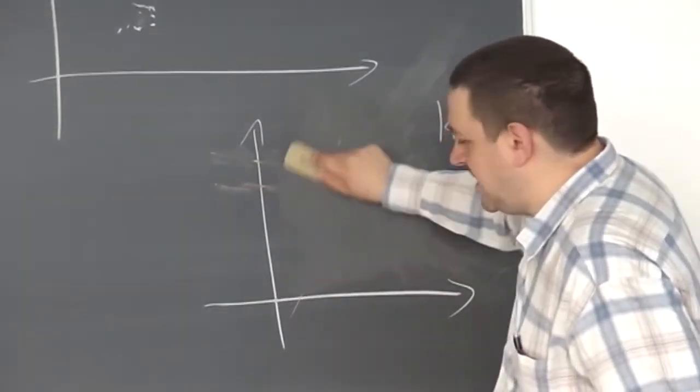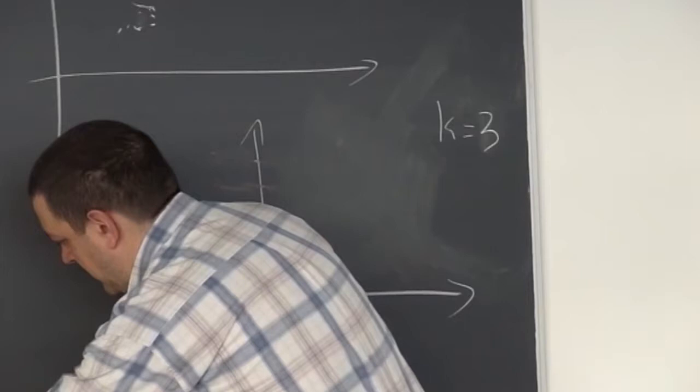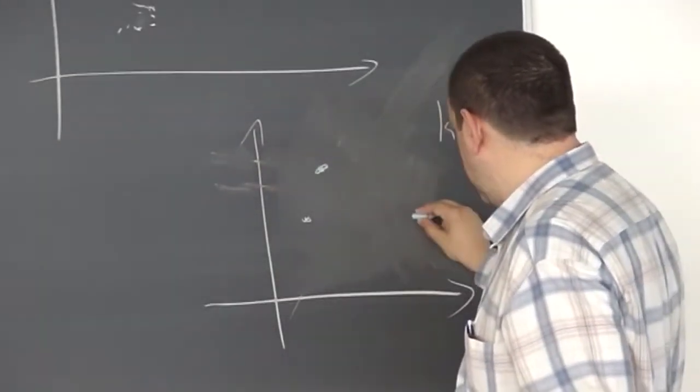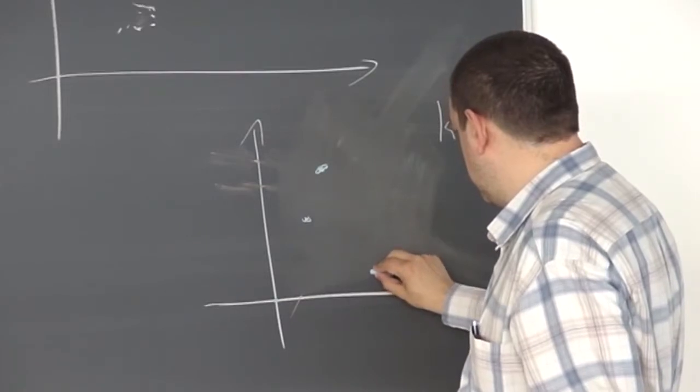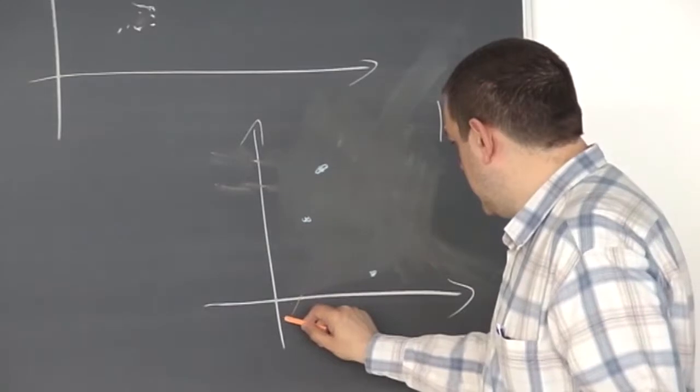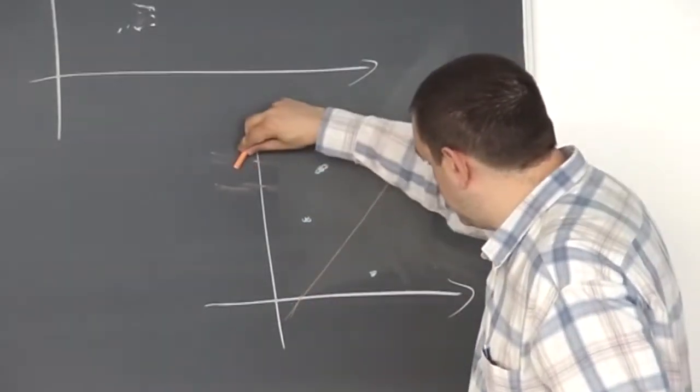Sorry, I need a more asymmetric disposition. So let's say that mu1 and mu2 are here, and mu3 maybe is here. So it's easier to see that the separation is like